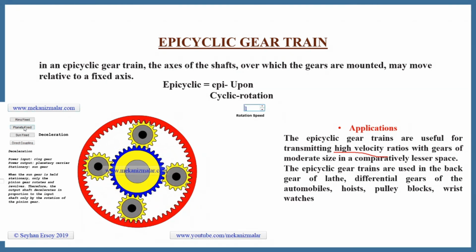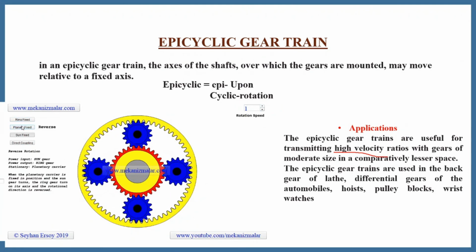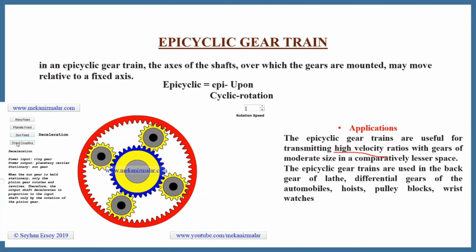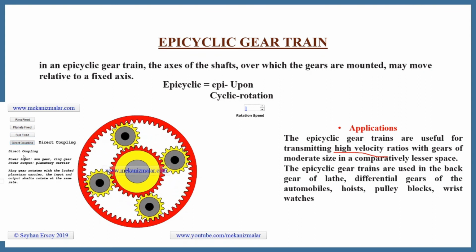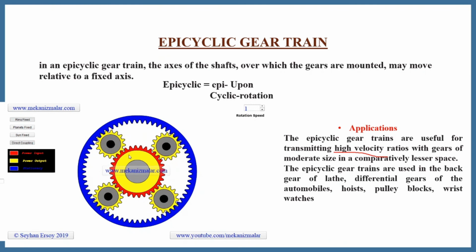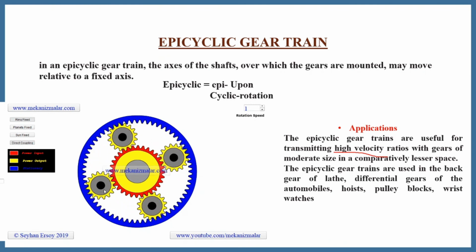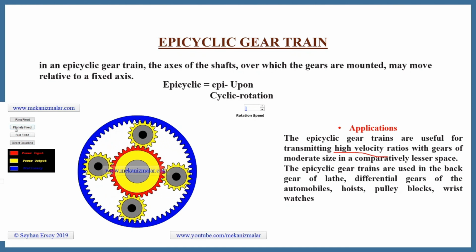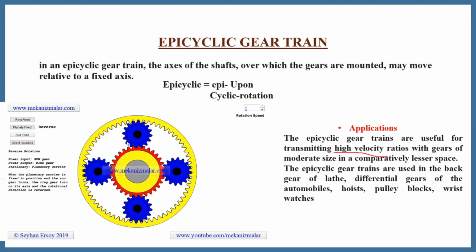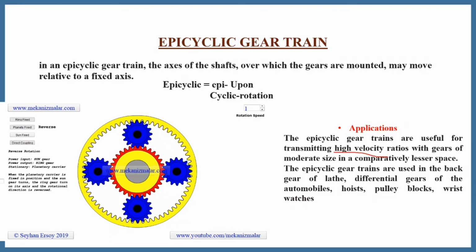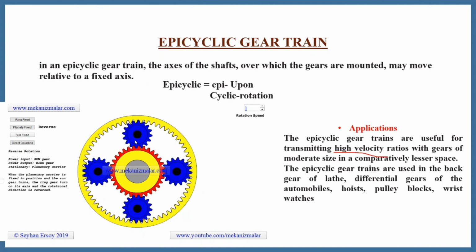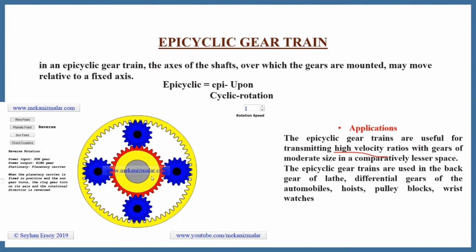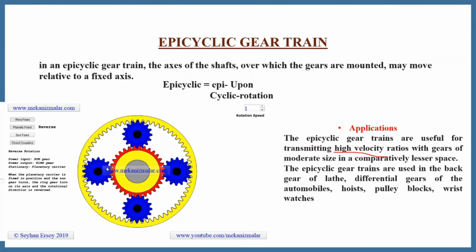You'll find the rotation of this gear changes if the ring is fixed, when planets are fixed, when the sun gear is fixed, or for the direct coupling, where all the gears rotate in the same direction. When the ring is fixed, the sun gear rotates in the clockwise direction, and the ring gear rotates in the anti-clockwise direction. When the planet gears are fixed, meaning their axes are fixed about their center of rotation, the sun gear rotates in the anti-clockwise direction, the planet gears rotate in the clockwise direction, which allows this ring gear to rotate in the clockwise direction again.